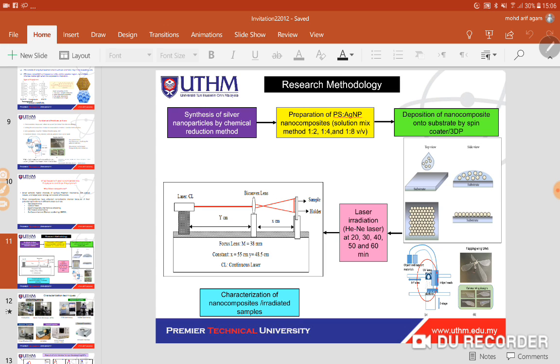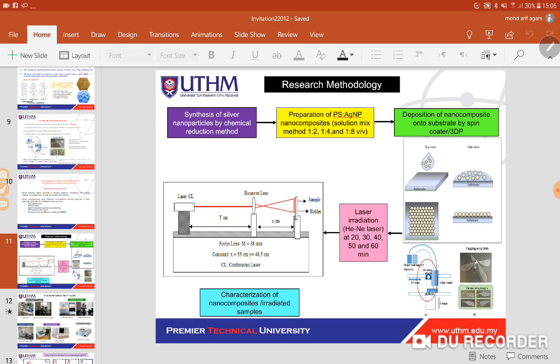So the theme of our work is synthesis of silver nanoparticles. We can change to other nanoparticles. We can put them into the polystyrene to create new composites,